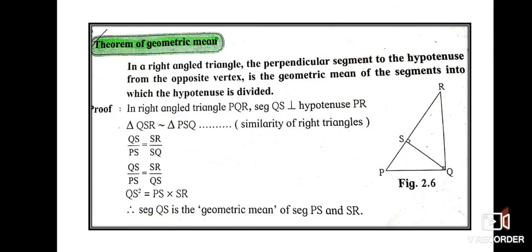Here, if you look at this figure, it is similar to the one we discussed earlier. You can see three right angle triangles. Earlier we have already discussed how we can prove these triangles similar, so when we are solving this there is no need. You can directly write in triangle PQR, since QS is perpendicular to PR, that means it is the altitude, we can say that triangle QSR is similar to triangle PSQ. These two triangles are similar. There is no need for you to prove. You can write the reason as similarity of right triangles.